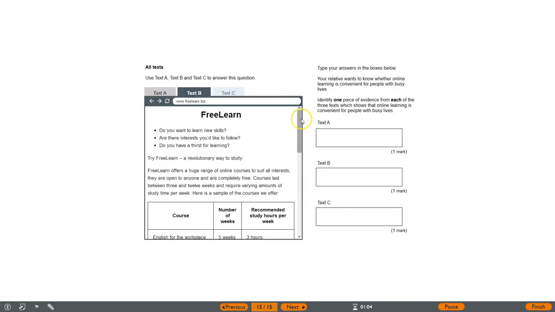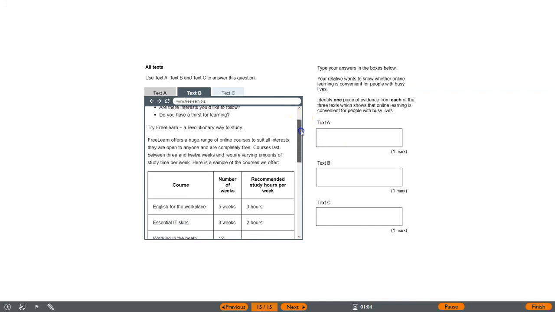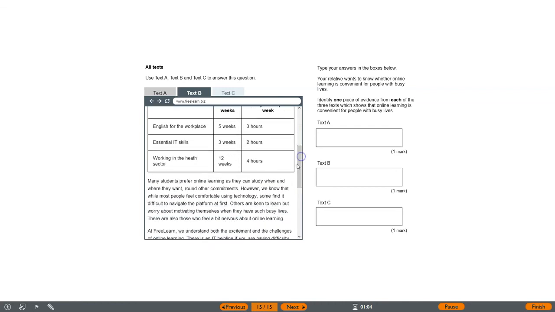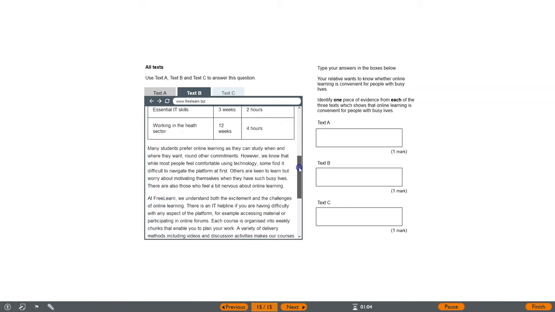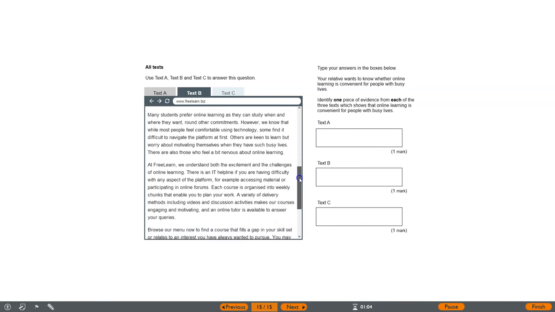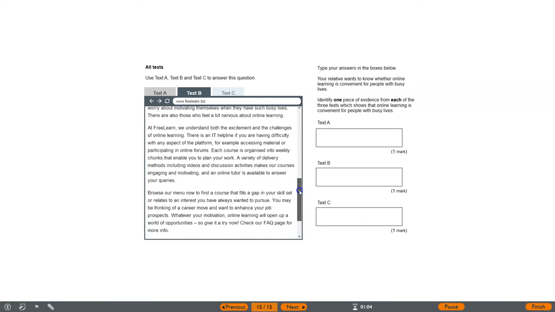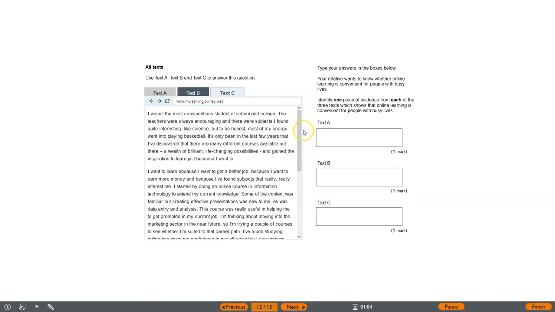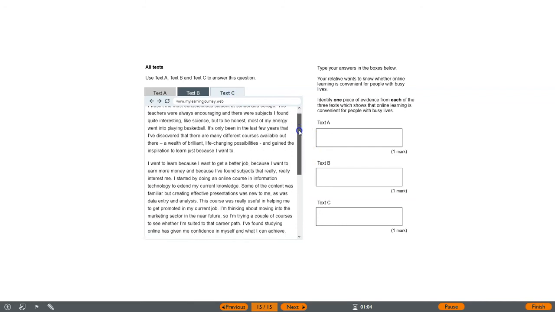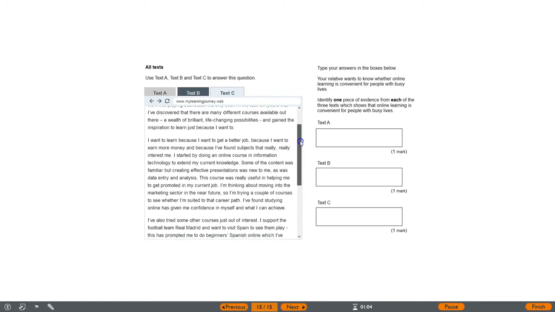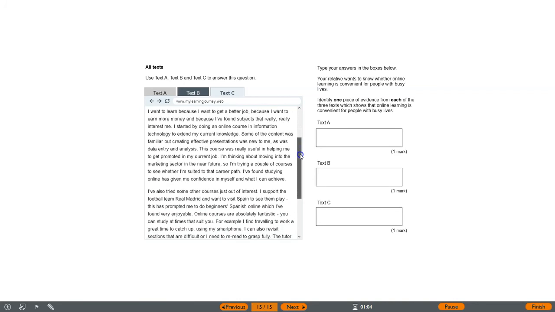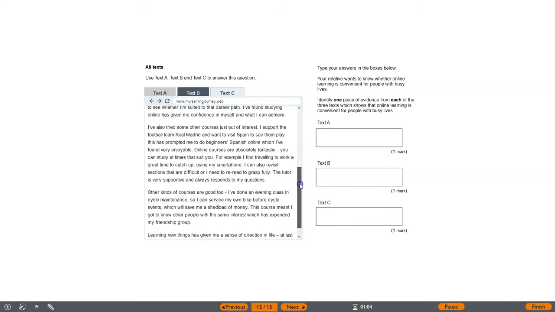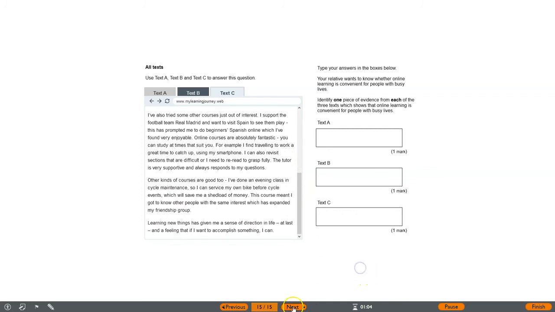Nothing misleading, no ambiguity, absolutely clear. And so on the day, you would look through the text and then you would find out which piece of evidence from the text would support that, and then you drop it into the box. And there we have it. And now if you click on next,